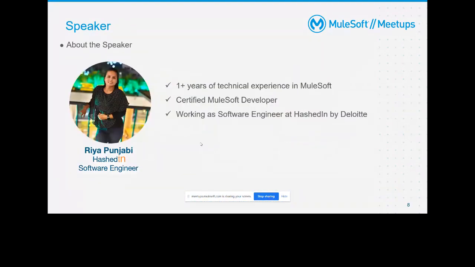Coming to today's topic, as Shubham mentioned, CI/CD with GitHub Actions, presented by Riya Punjabi. She is presenting for the first time in the global forum. We are introducing her through the Mysore Group in the Mule community. She began her career with MuleSoft and recently completed 1 year in IT last month. I think she is going to be an example for a lot of us, probably one of the youngest speakers in the whole Mule community. All the best, Riya. Over to you.